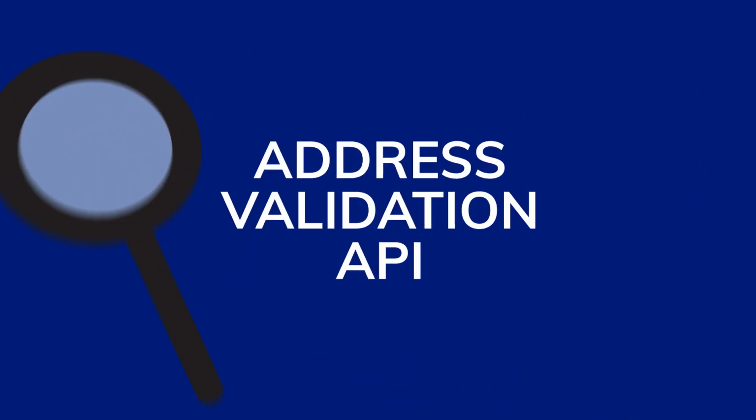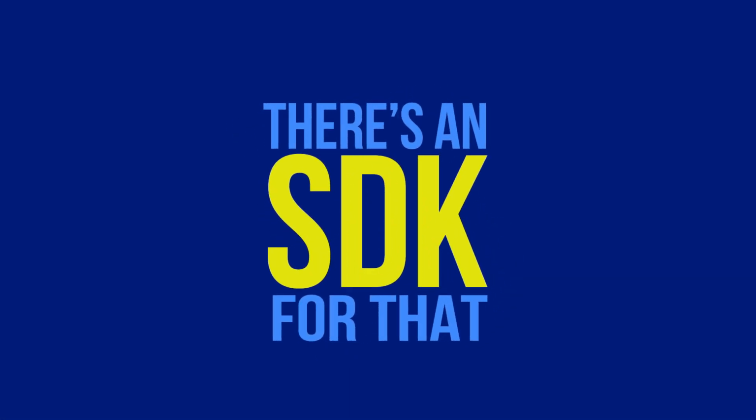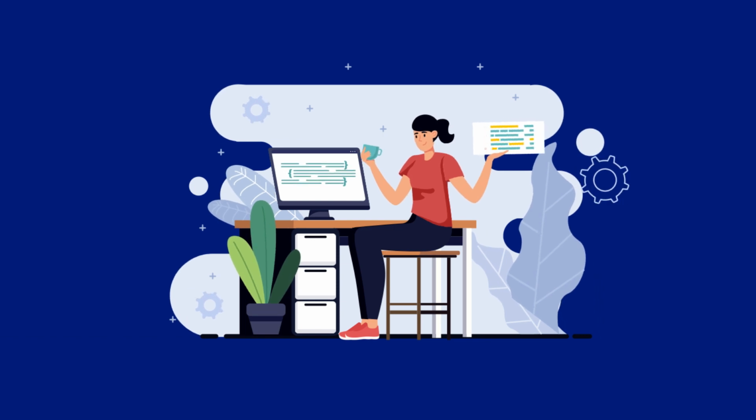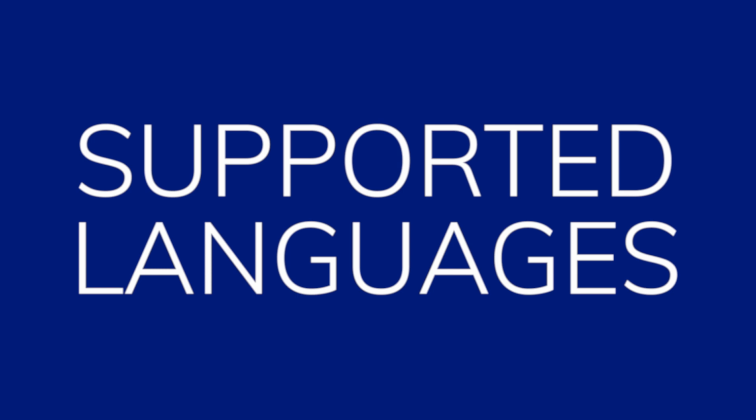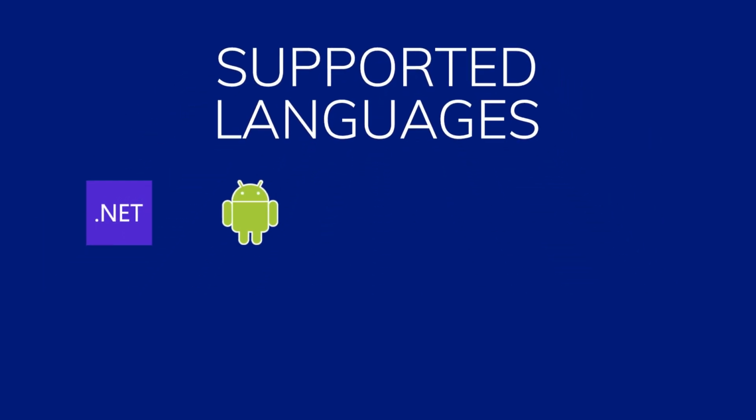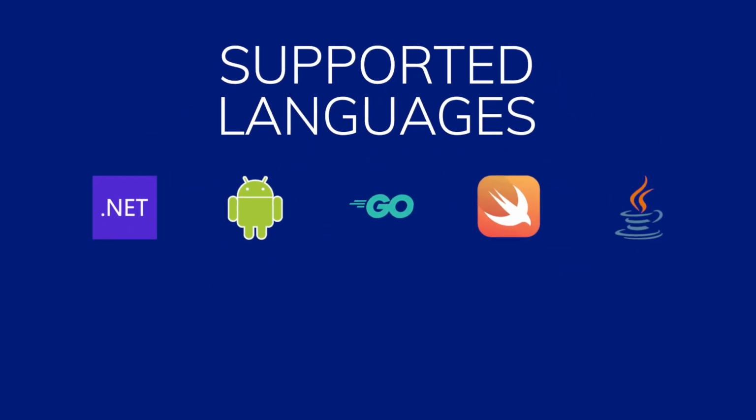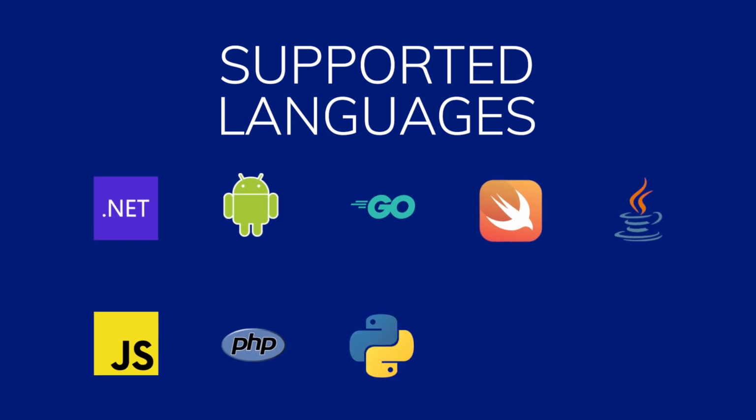Are you looking to get an address validation API on your website, but worried about the time and effort it will take to set up and maintain it? There's an SDK for that. Software development kits are plug-and-play tools that reduce the need to create functionalities from scratch. Smarty has several SDKs that make address validation easy as pie, including .NET, Android, Go, iOS, Java, JavaScript, PHP, Python,